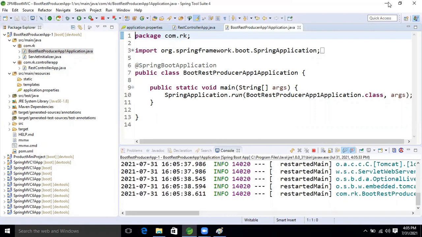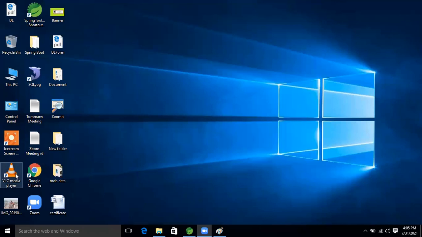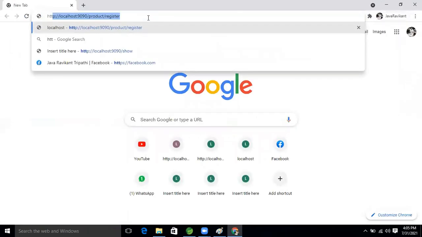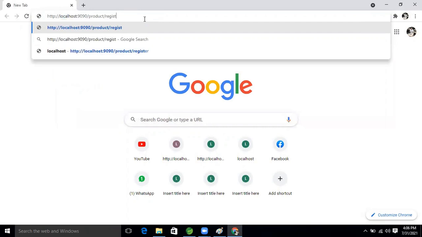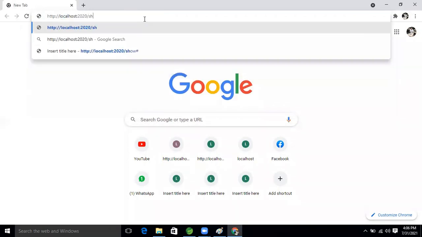Now open the browser, http://localhost:2020/show. Now see this, are we getting it or not, guys?